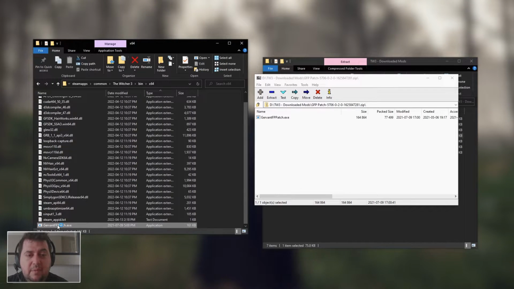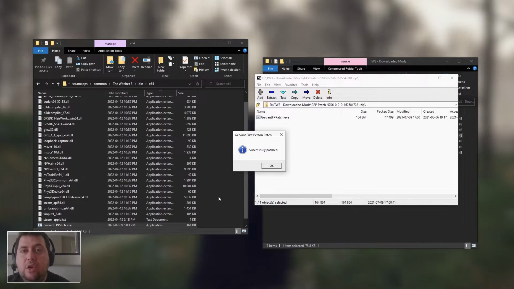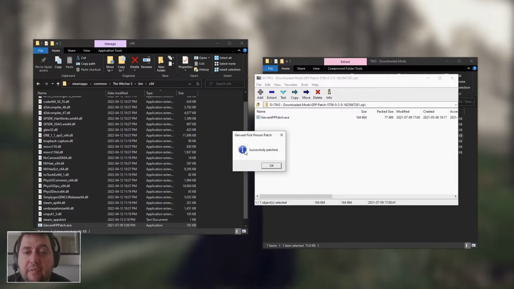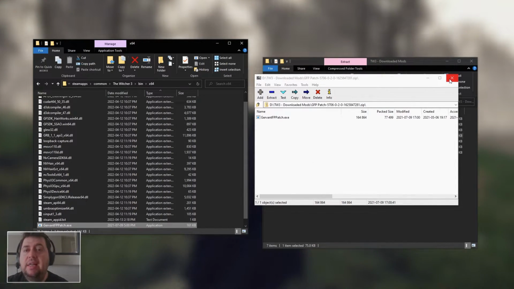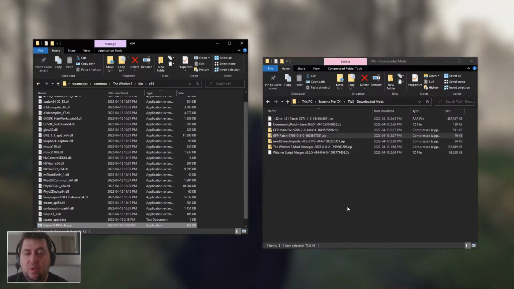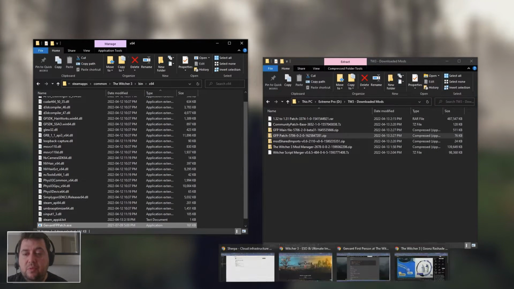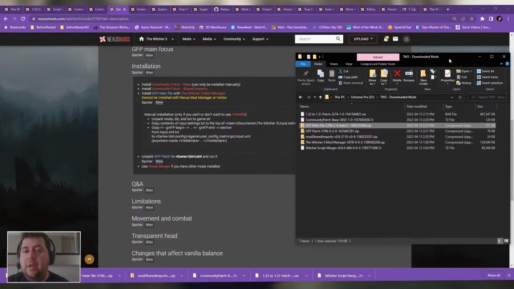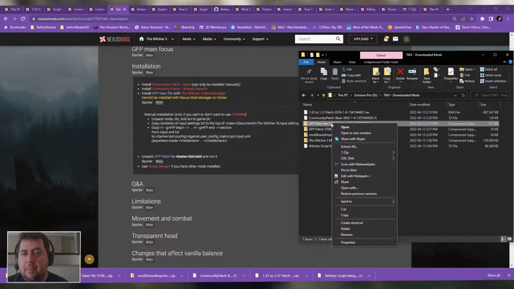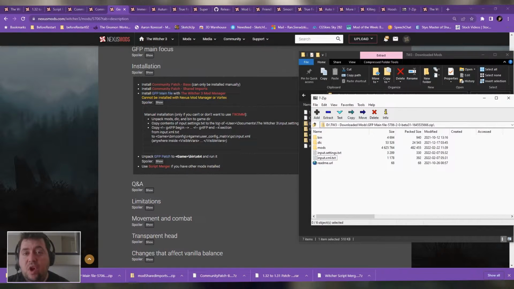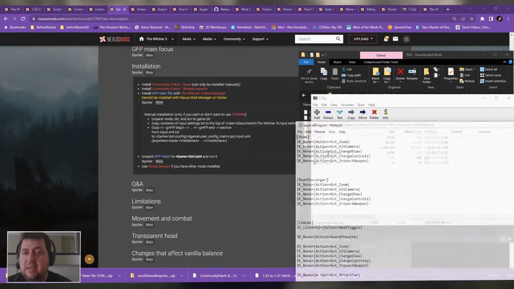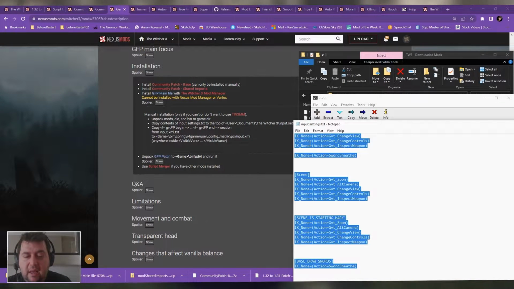So let's run the patch. Again, don't worry, it's all safe, successfully patched. We're good. We are good. Now there's some more things that we need to do according to the installation, so let's go through it. So what I'll do is I will open up with the 7-zip the main file of the first person, and then it asks us to copy the content of anything that is under input settings.txt. I will open it, I will Control A, and I will Control C, so it's in the memory of my